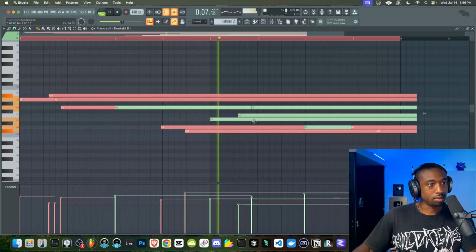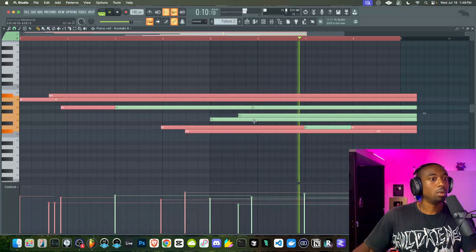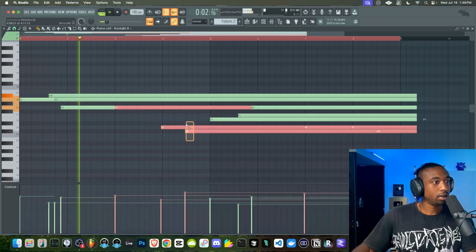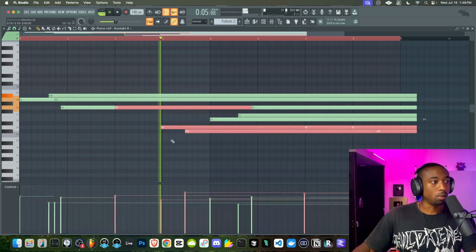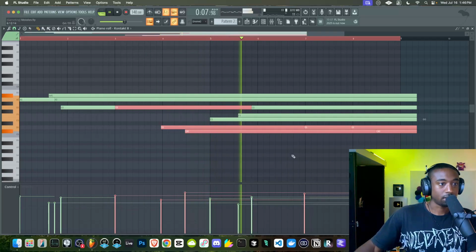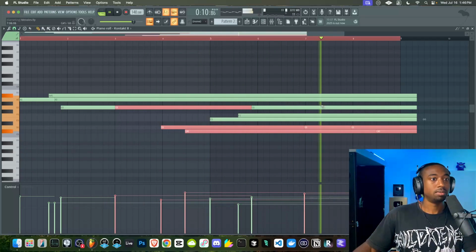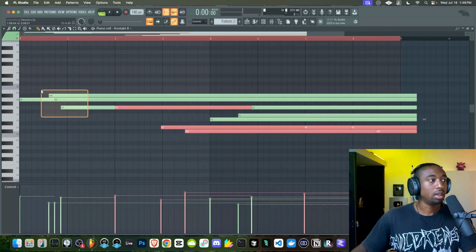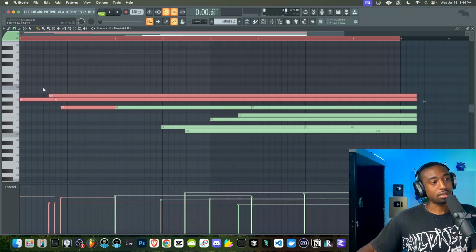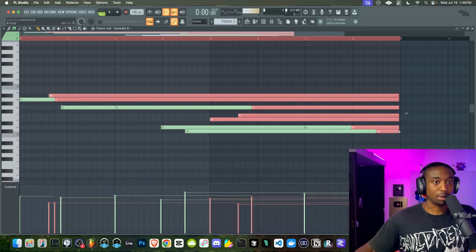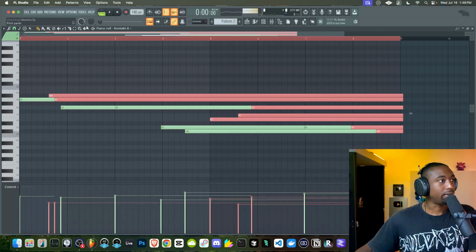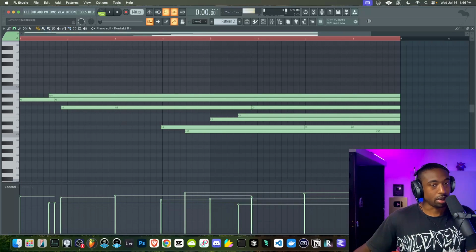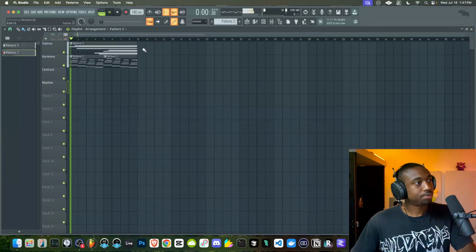1, 2, boom. 1, 1, 2. Truly, this is the whole pattern. That's the pattern there. So we have two of those patterns, and then we have like a call pattern and a response pattern. If we were to make a longer melody, we could repeat this dun, dun, dun, dun, whether to start out the melody or just repeat it throughout. And then we have the response, what people call and response. The response is the 1, 2, 3, like that. Okay, so we have something fast, something slow.